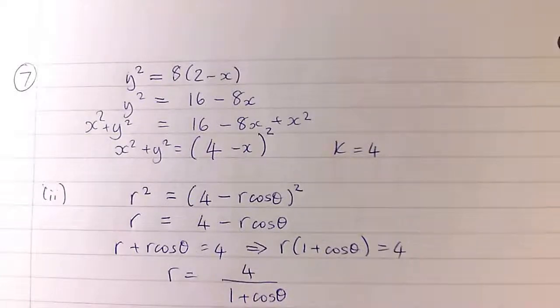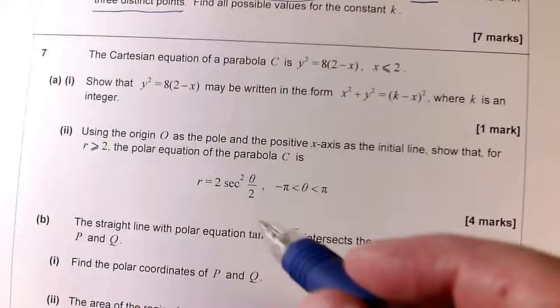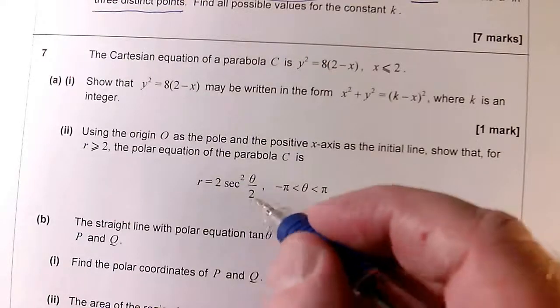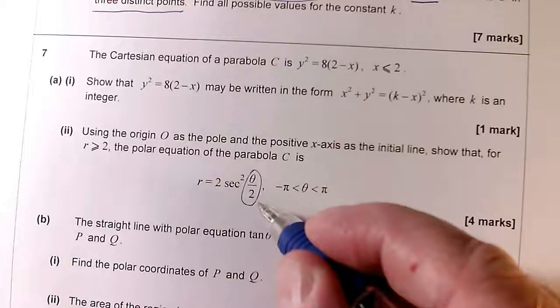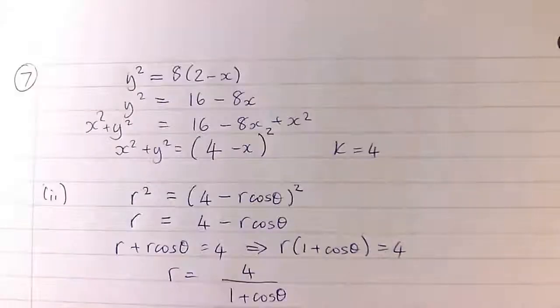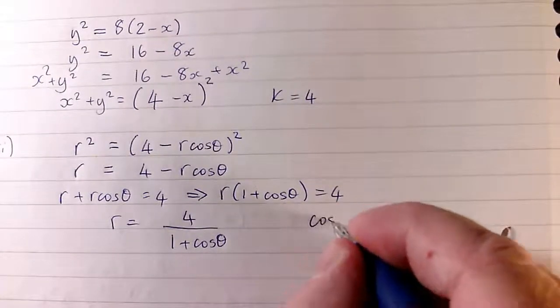So we've got the right r, but we haven't put it in the right form, because they wanted us to have 2 sec squared of theta over 2. Now that is that division by 2, that's the giveaway, all right? Because we've got a half theta here, we've got a whole theta here, so we must be using double angle formulae. So cos of 2a